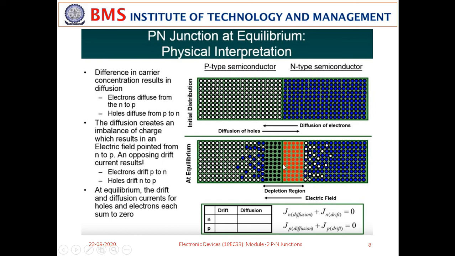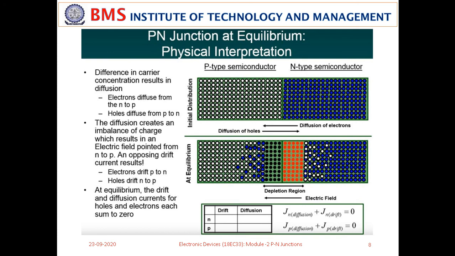Now, as I told you, these are positive ions. These positive ions will attract electrons, the minority carriers, from the p side to n side. And the negative ions will attract holes from n side to p side. Now, can you tell me the direction of the drift current? It will be opposite, sir. Yes, it will be from n side to p side. Okay. Diffusion current is from p to n, drift current is from n to p. Is it clear to you? Yes, sir. Okay. So, these current directions we will discuss in the next class.